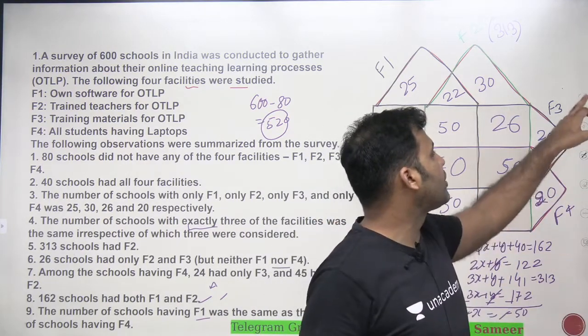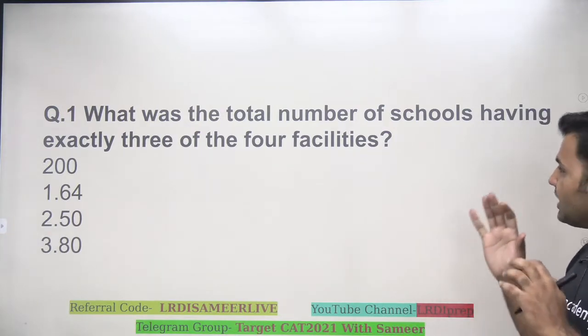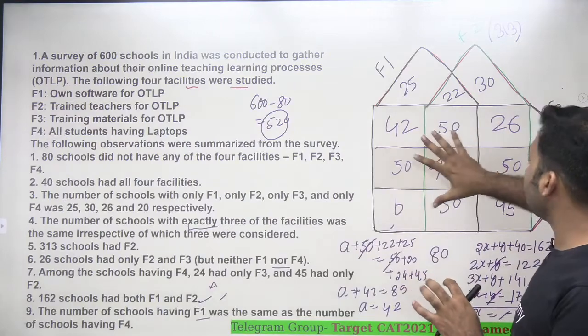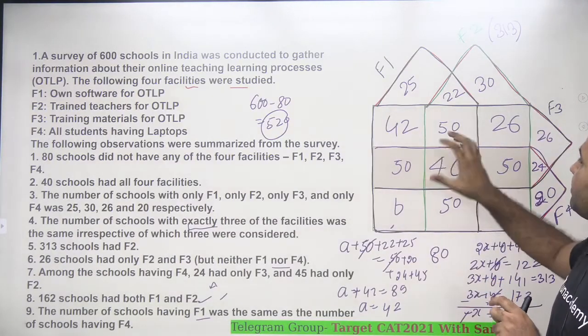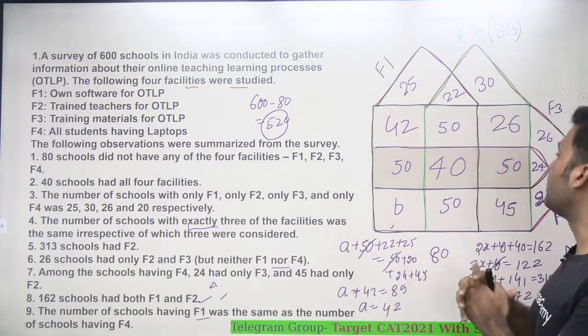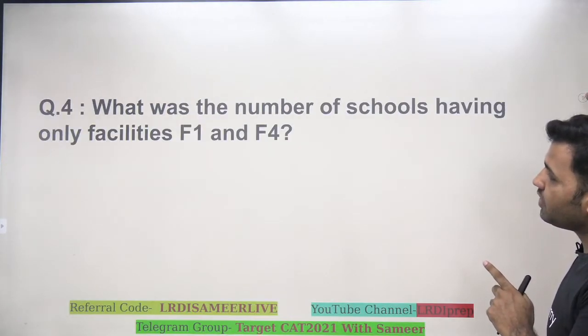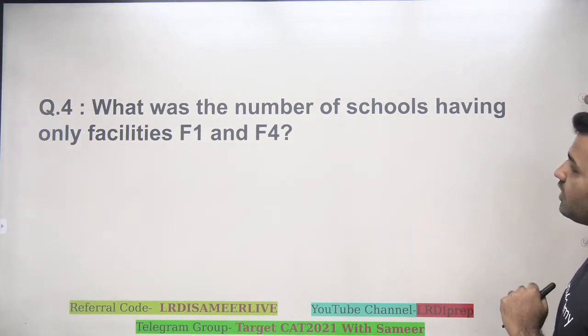Now I'll show you all the 4 questions, but I want you to try to answer all these questions. It will still take some time, because you have to see which region you need to pick the values from, right? To answer all these 4 questions, which particular region will you have to look into to get to the final answer? I'll be discussing the answers of all these 4 questions in the next part of the video. I want all of you to try this question, and also find out the value of b.